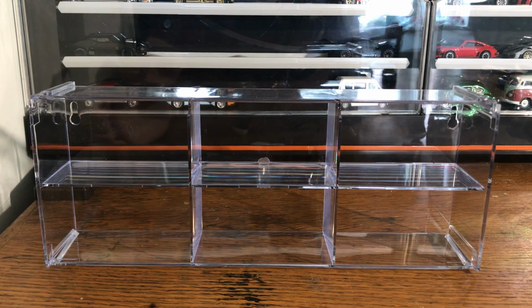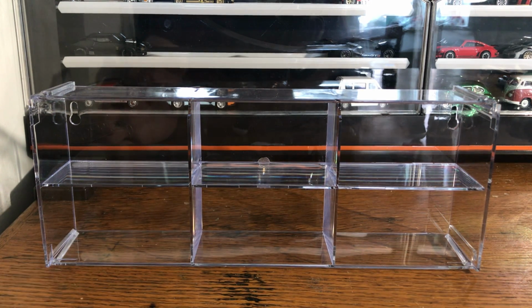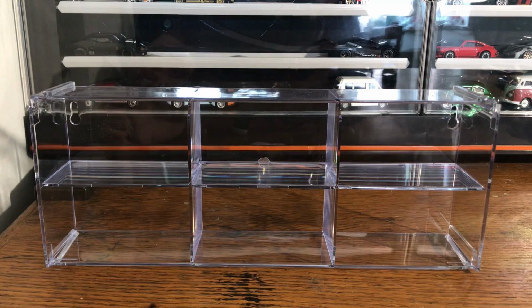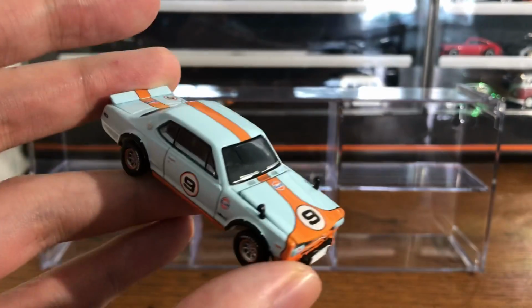Have they done Honda? I don't know, and I don't really particularly care about it because, like I said, I'm not a JDM collector. It's not really my wheelhouse. But there's quite a few I want to show you guys. The first one is this